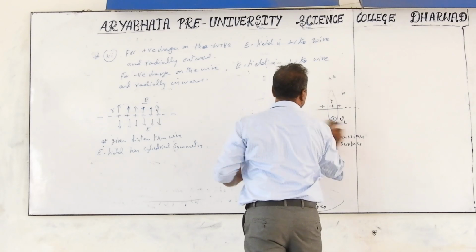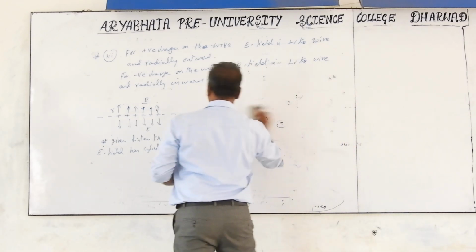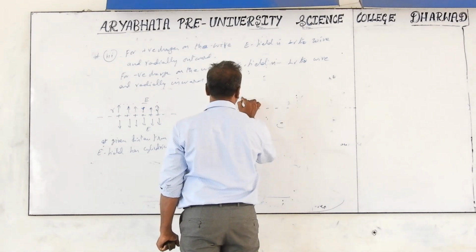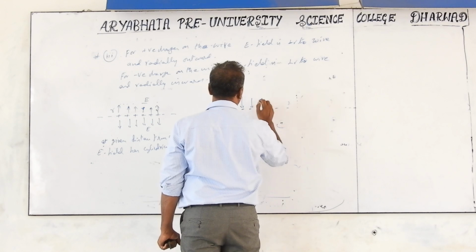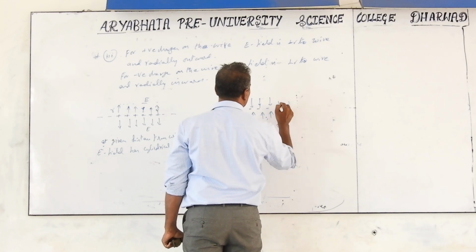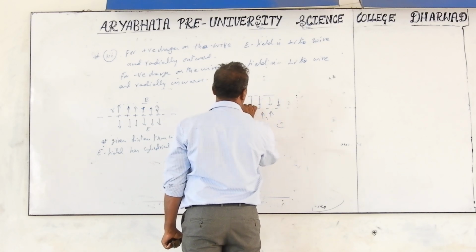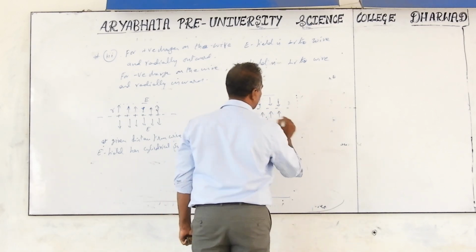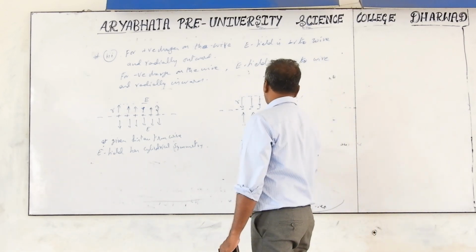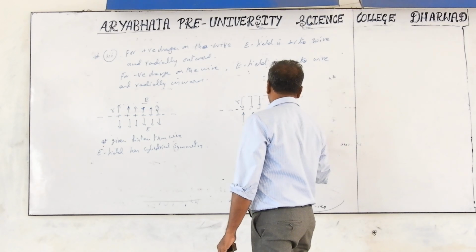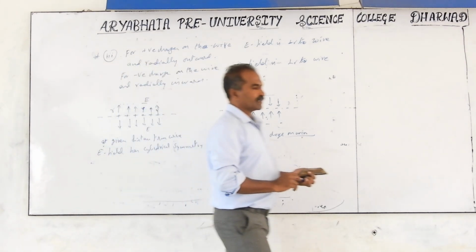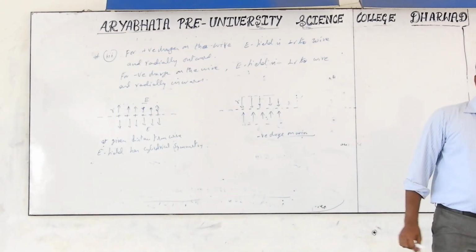What is the diagram for negative charges? Take only negative charges. Then the electric field is inward. Again, a radial field. Again, at the same distance r you will find the same electric field, only the direction is different. This is for negative charge, and that is for positive charge. This is the positive charge main branch. Next application is